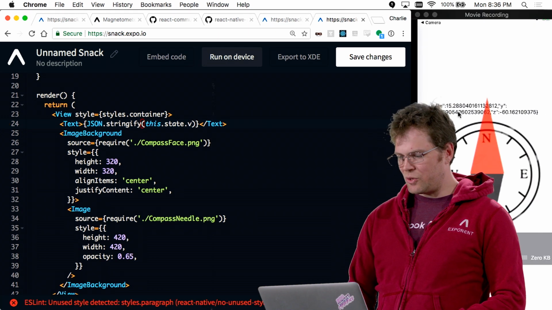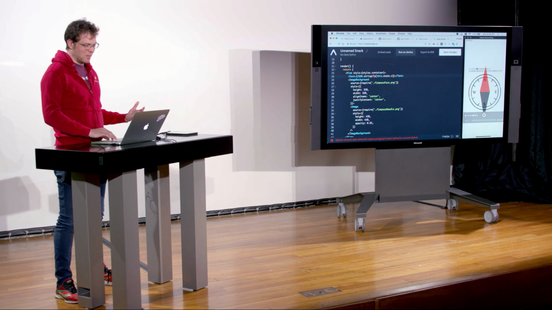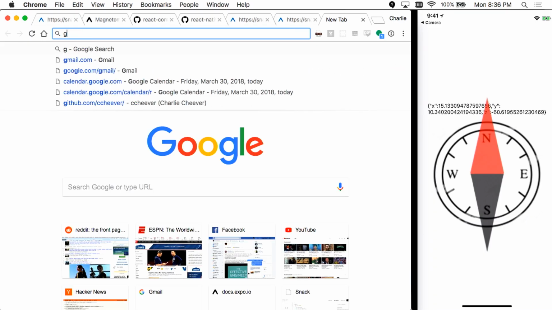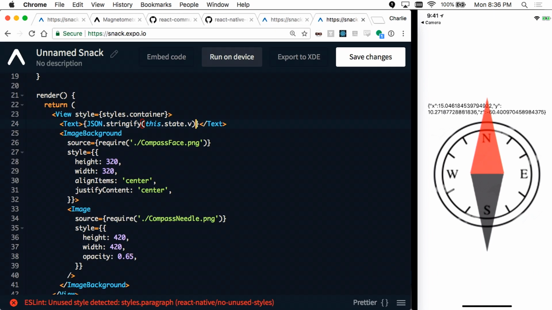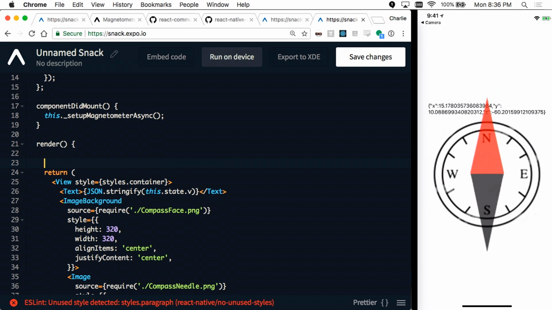So now I'm showing what V is on the screen here. And you can see it's got X, Y, and Z components to it. And so we somehow need to turn that into a directional heading. And you can actually Google around and find out how to do that, making a compass. I think I can remember it off the top of my head, though. I think it's something like